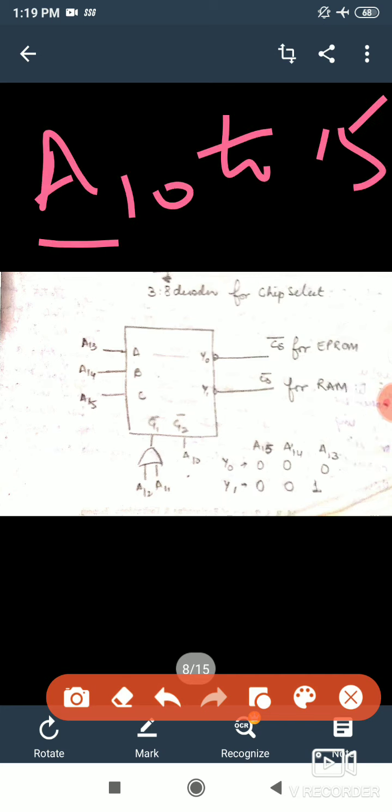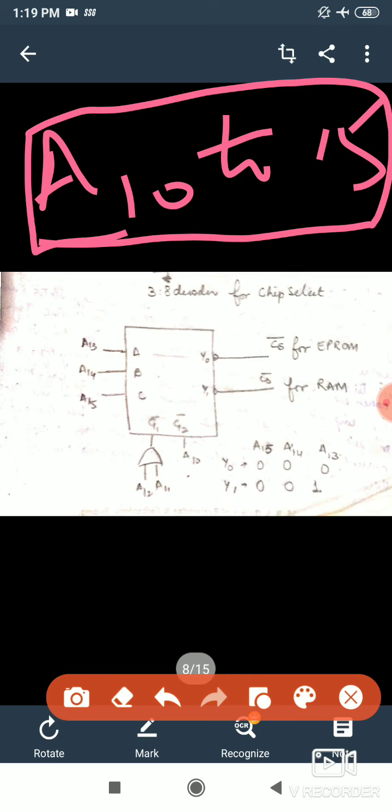In general, if we have more ROM and RAM chips, we can use the same decoder there, so in general we use a 3:8 decoder. You can use gates also: an OR gate, NOR gate, or NAND gate. It is your wish. The decoder is a chip that is provided. For the decoder we have A10 to A15, and it is your choice how to use A10 to A15.